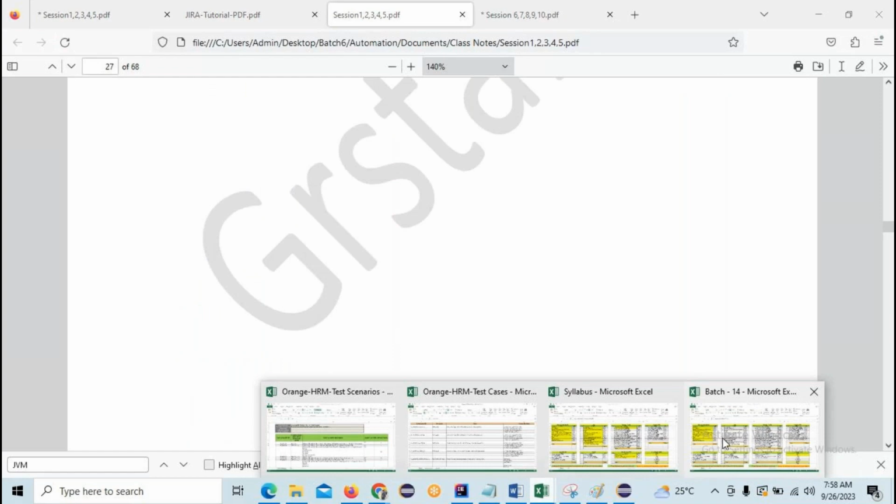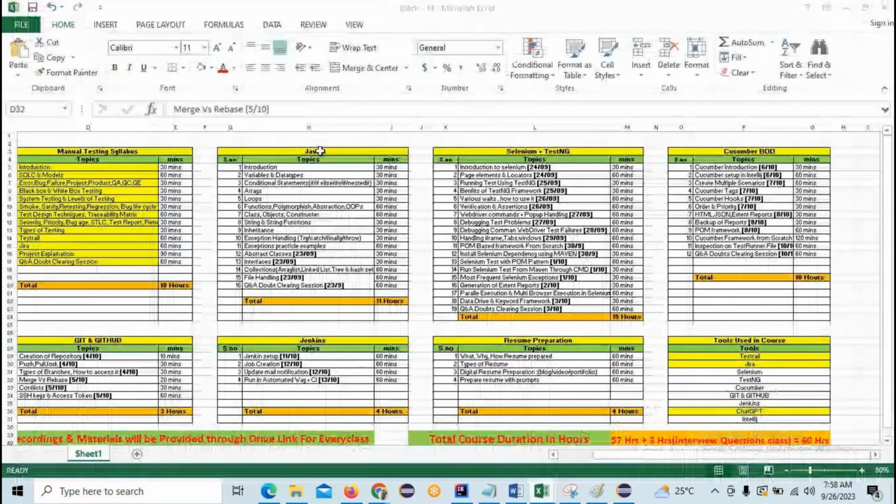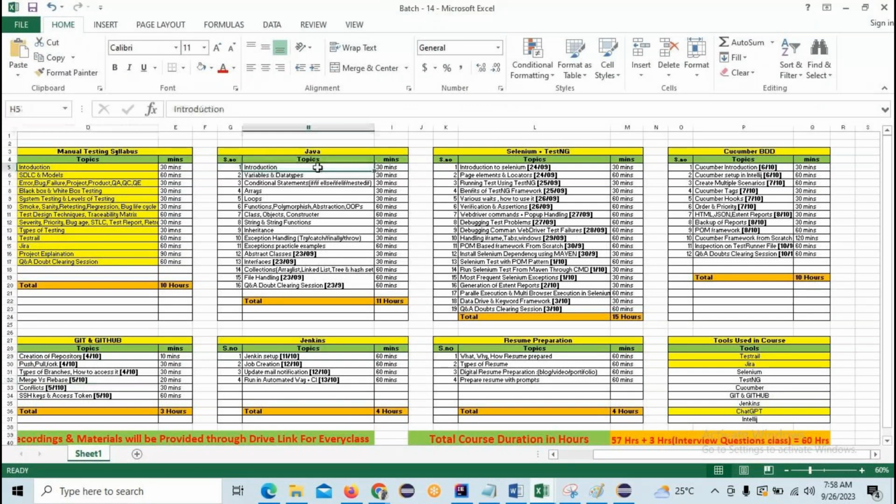This is our timetable, right? Yesterday we just saw the syllabus we are going to learn in the further classes. I already explained it in the initial classes, but as new students have joined, I recalled the syllabus you are going to learn in the future. Today we are going to see the introduction, and tomorrow we are going to see variables and data types. So, what is meant by Java?